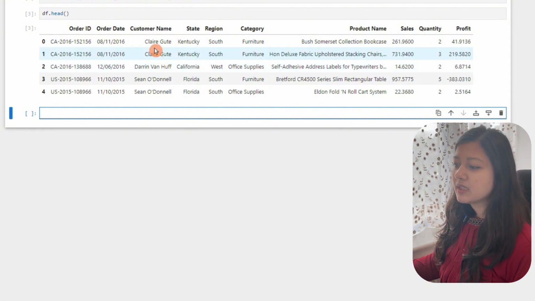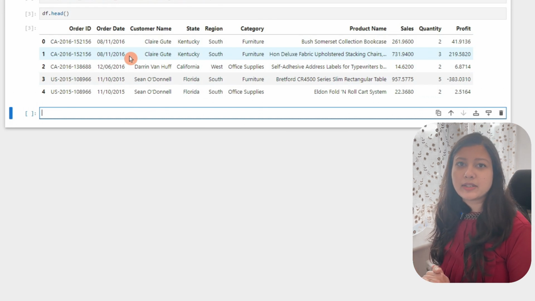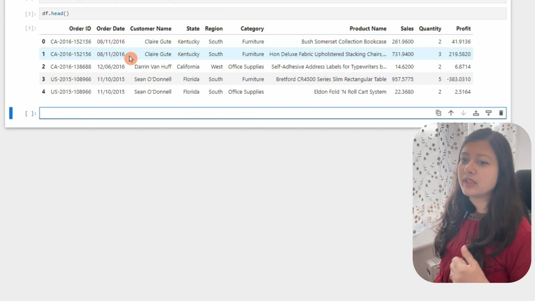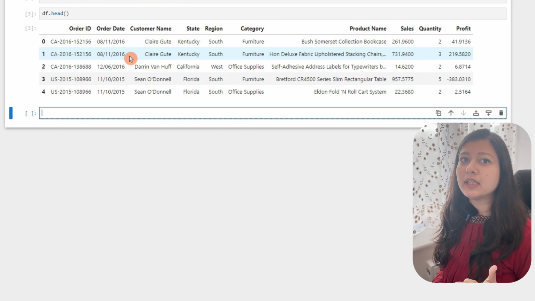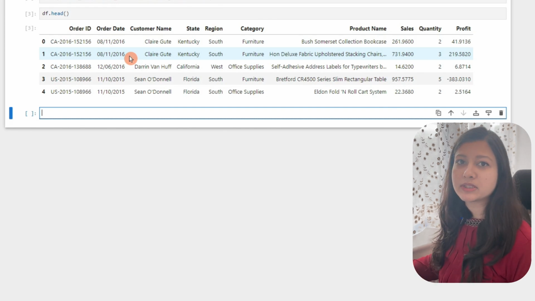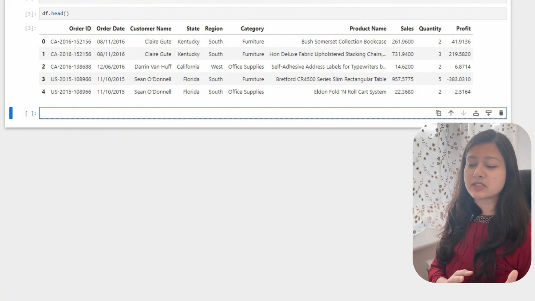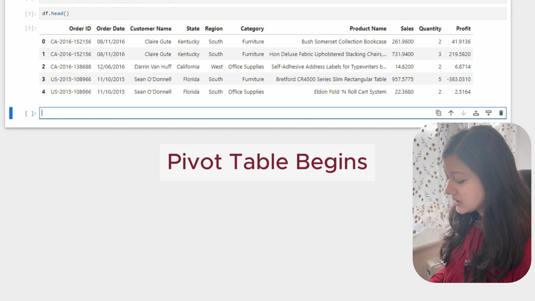Now our objective is, suppose I want total sales corresponding to each category. Now there are several methods to do it. Either you can use filtering, however that's not the appropriate way. You can also use group by. However, in this tutorial, I'll be focusing on pivot tables because a pivot table helps you have a matrix representation, which we'll cover shortly. So for pivot tables, the syntax is